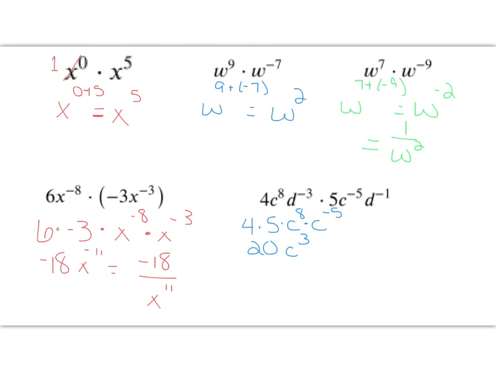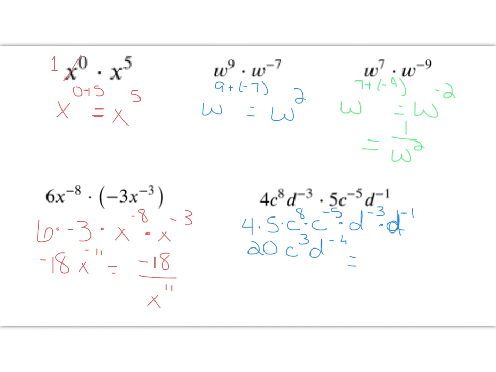Now look at the d's and tell me the new exponent for d. It's d to the negative 4, right? I have d to the negative 3 times d to the negative 1. Those are the same base, so I add the exponents. Negative 3 plus negative 1 is negative 4. Well, now my d has a negative exponent, so it's got to be simplified. It's got to be